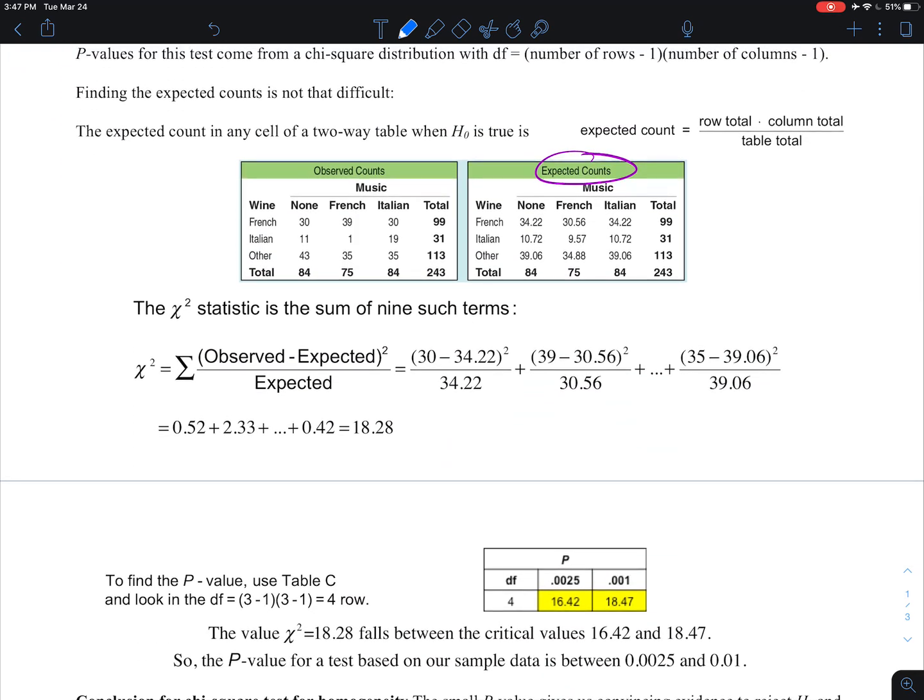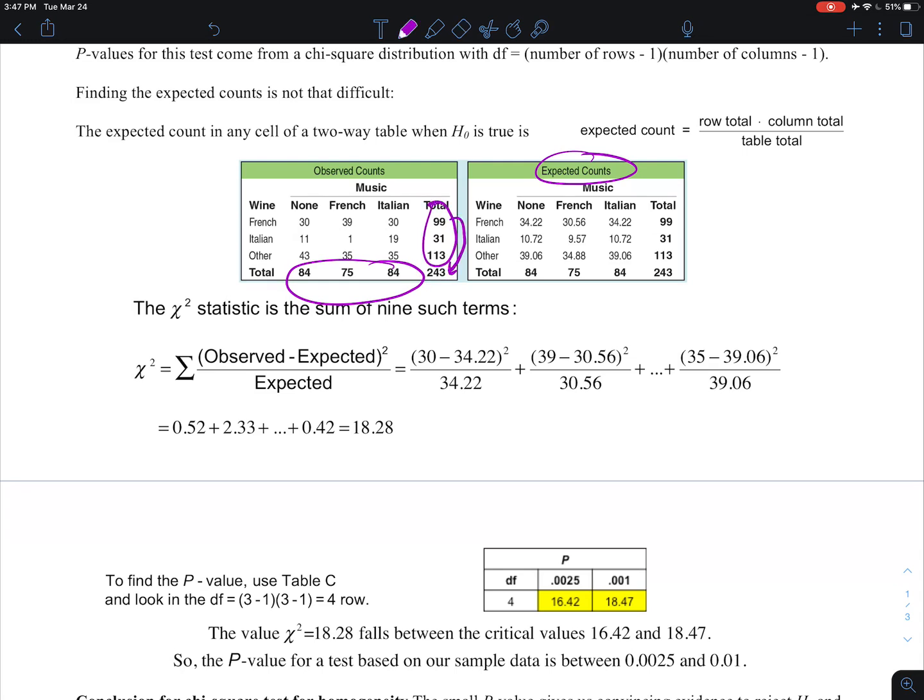Once all that's done, we've checked our conditions. We'll have to find the expected counts, really, to get the conditions locked in. And so the way you want to get the expected counts is, well, I'll tell you in theory what's happening, and then I'll post another video with how to do that on the calculator really fast. So you'll want to check that out after this. But to get these expected counts, we want to look at these marginal totals out here and say to ourselves, okay, well, if overall